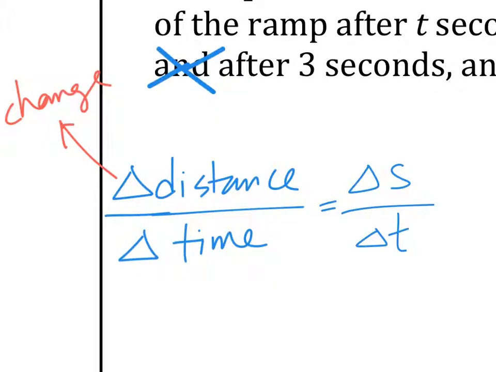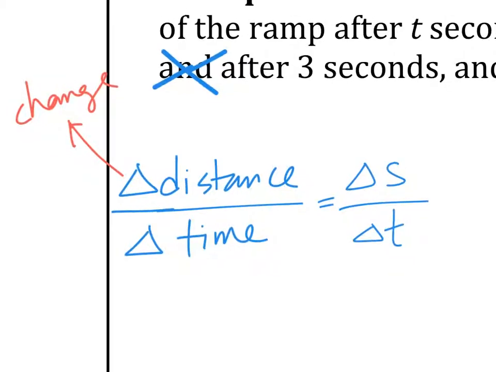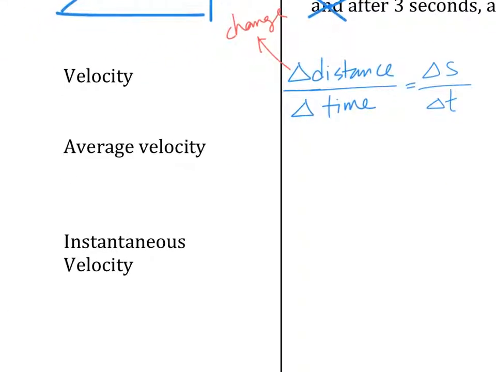All right. So we have two different things. One, average velocity, the average between 0 to 3 seconds. And then instantaneous velocity, which is at 3 seconds. Those are two very different things. One is the average, one is at that instant. This is a very key part in calculus.